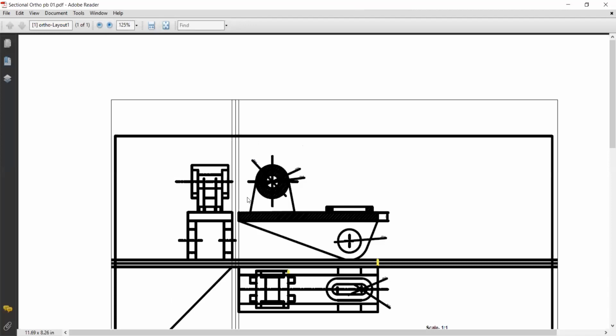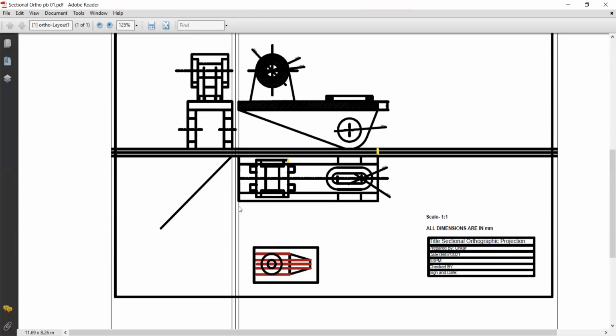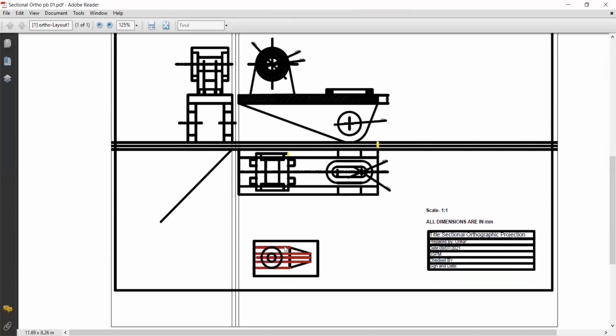Okay. So here we cannot differentiate between the hidden line and the visible thick line and thin line. Okay. So basically this is due to the thickness that we have set in the model state. So I will show how to change that thickness.